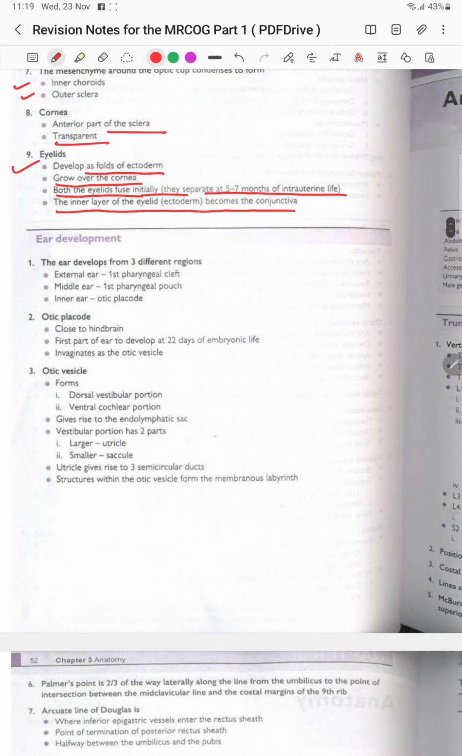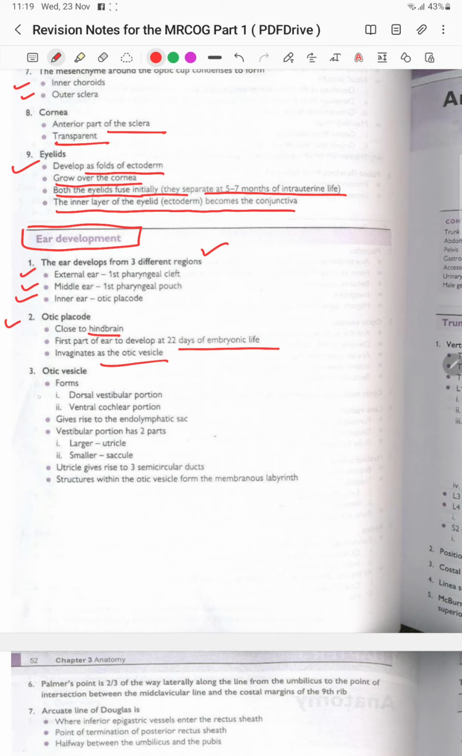Ear development is the last topic of this chapter. The ear develops from 3 different regions: the external ear from the first pharyngeal cleft, the middle ear from the first pharyngeal pouch, and the inner ear from the otic placode. The otic placode lies close to the hindbrain and is the first part of the ear to develop, at 22 days of embryonic life, and invaginates to form the otic